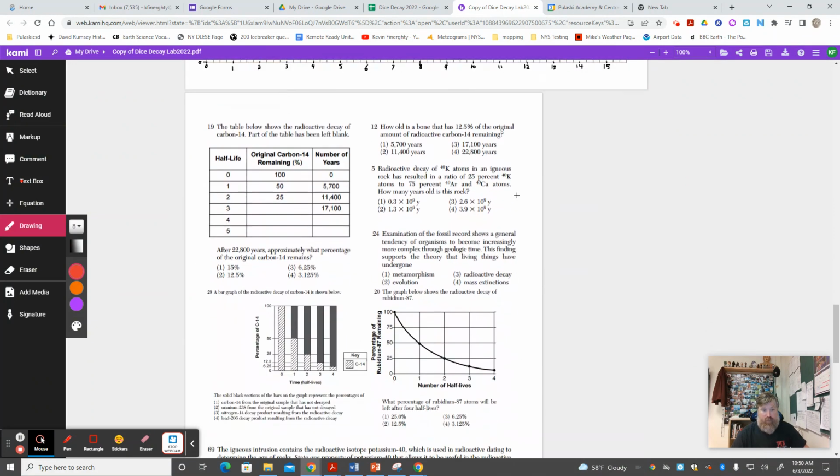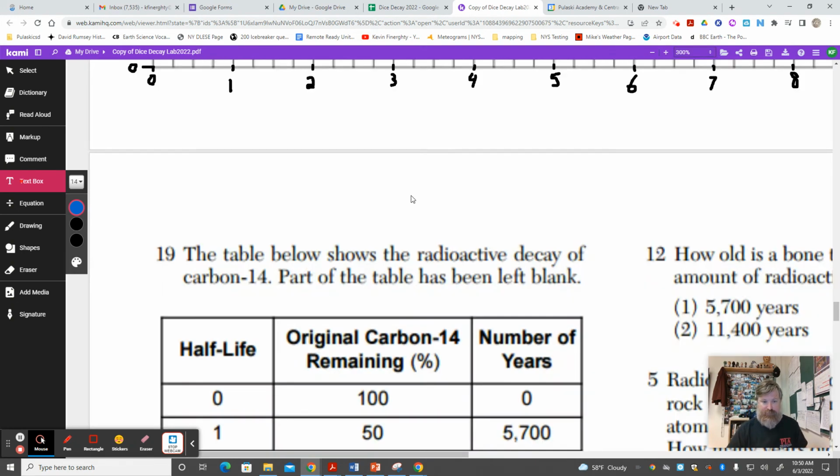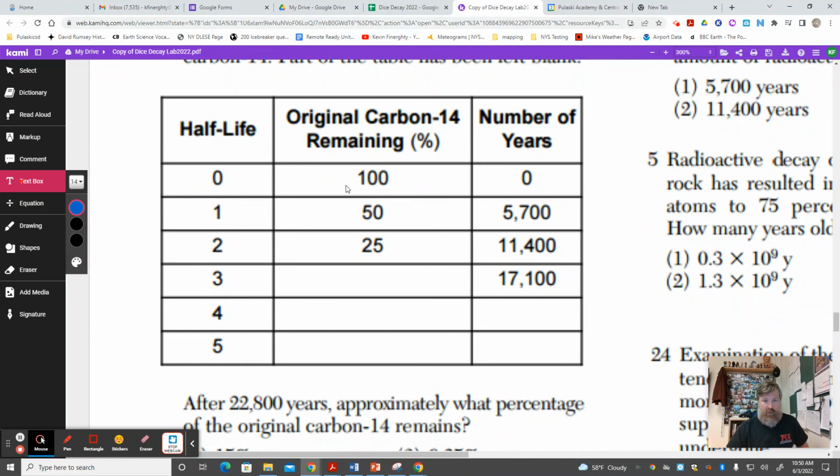Okay? Questions are going to be where you got to think a little bit. This is a good first question because we could fill this whole thing out. I always use this as the first question on this lab, even when I did this lab totally different. Because this is how these questions are really principally all going to work. This column, here's how many half-lives have taken place. Here's how much percentage-wise should be remaining. I used to draw this in the margins of my test back in the days when I was doing earth science, back in the